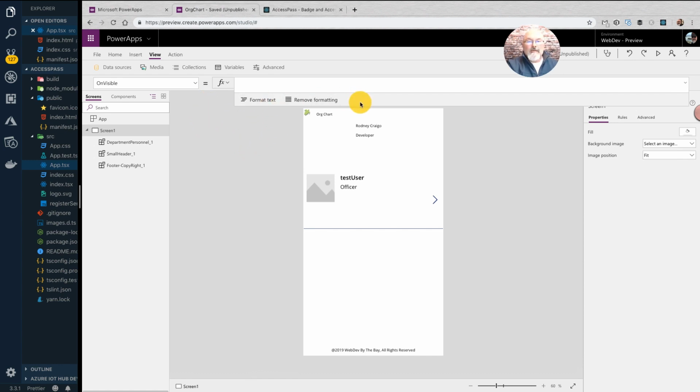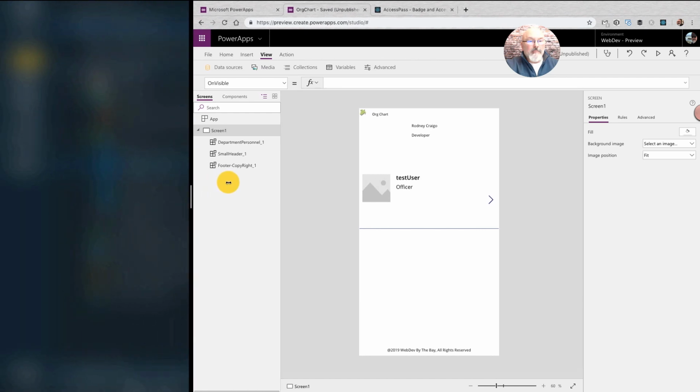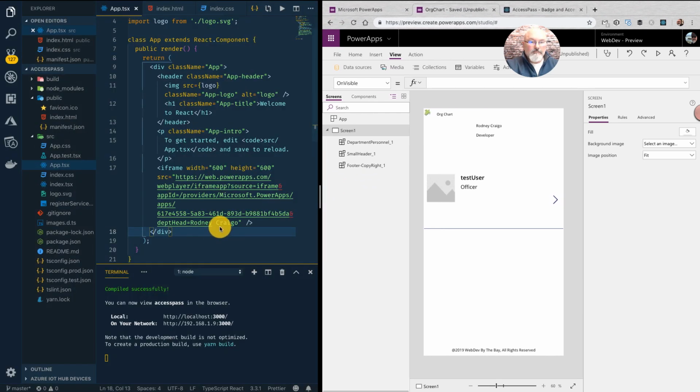Now you can't run this app just yet. This is meant to be an embeddable app. And what I mean by embeddable is that I am embedding it inside of a React app.